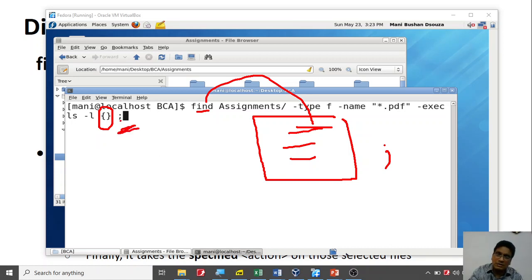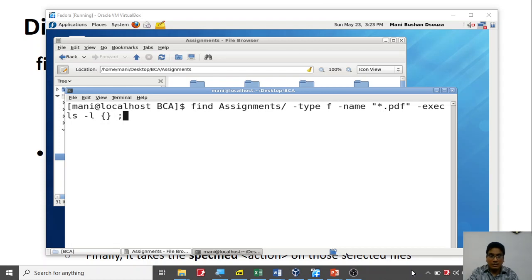Now this semicolon is required by the find, but the problem is if you just put the semicolon, it will be taken by the command prompt itself, and the command prompt says that I didn't get why you put the semicolon there. So I have to tell the command prompt that don't bother about this one. You know what that is? Backslash is an escape character.